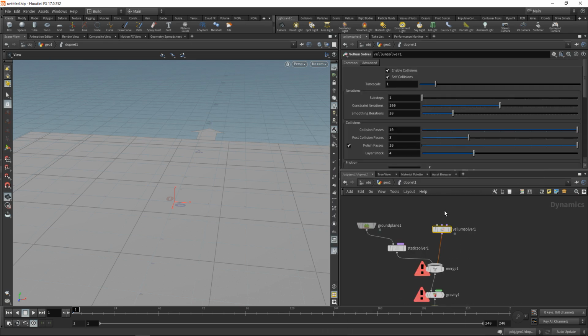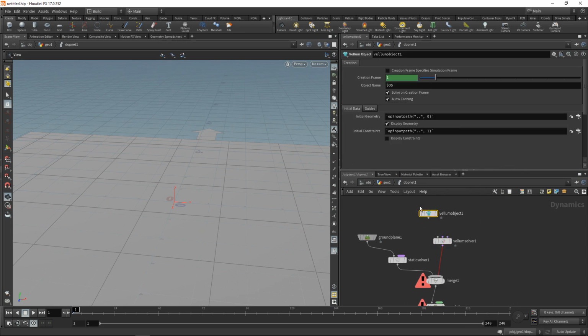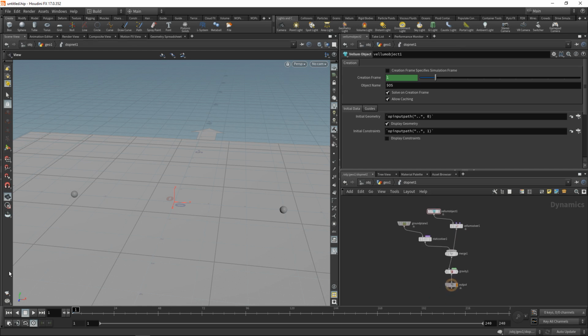Wire this into the merge too, and this one needs a Vellum object. So this is the object which stores the simulation geometry. And that is all we need for a very basic Vellum setup. So let's just hit play. We can see, yes, on the one hand they fall